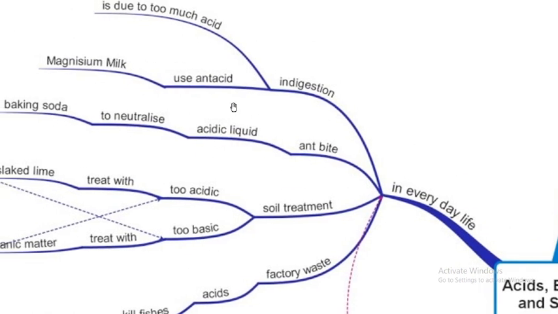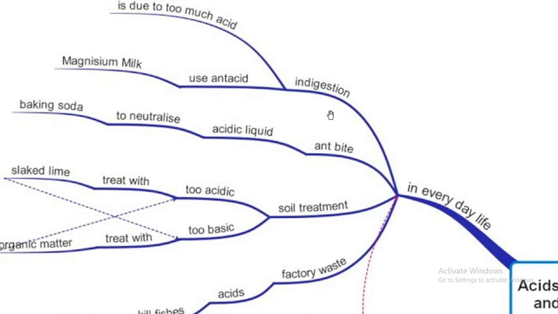For example, people who are suffering from indigestion: this indigestion is caused by the excess release of acid in our stomach. To get rid of that, what do we do? We take some antacids. Antacids neutralize this excess amount of acid produced in the body. They contain mild bases like magnesium hydroxide. When you take these antacids, they neutralize the excess acid produced in the stomach, so that we get cured of that burning sensation.